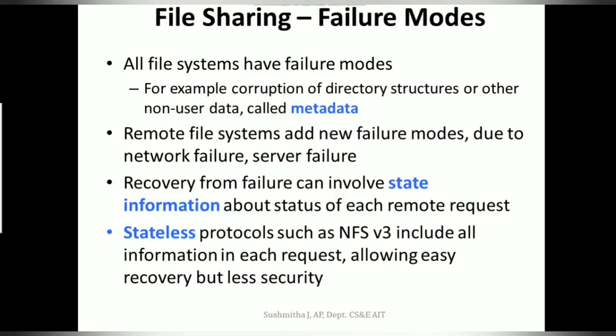The other issue that we have with file sharing is data consistency. As I have told you earlier, when we were discussing synchronization, data consistency becomes really critical when a file or data is in a shared mode.